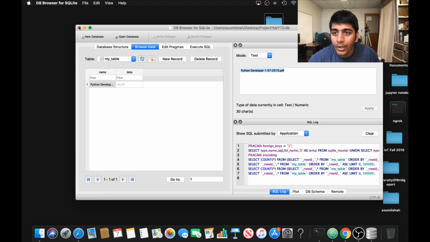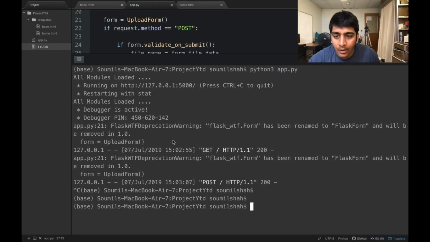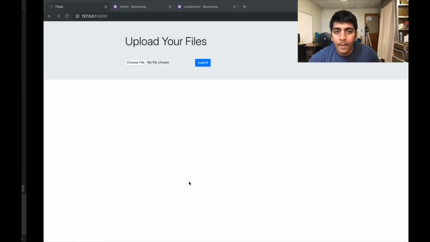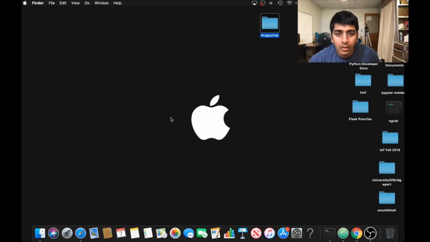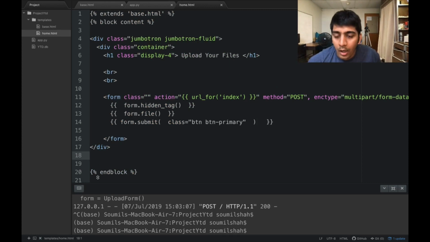So of course you can do a little bit of CSS here, the styling and stuff like that. So I'm just going to do one small thing. Just going to align this in the center, hopefully. Should I do that? Yeah, you can do that. Then I can directly upload it on GitHub. You can copy paste the code. All right, so